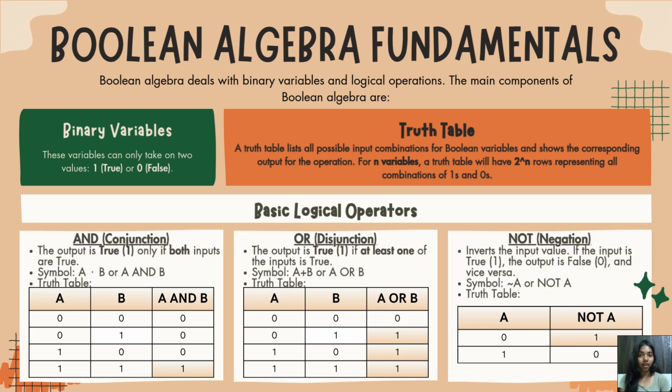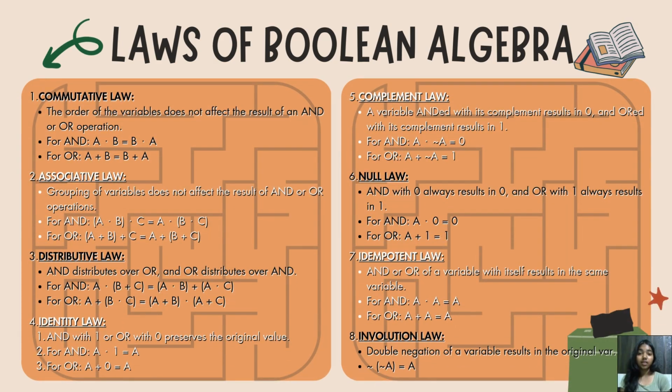as not A. Boolean algebra follows specific laws and rules that simplify Boolean expressions and help design efficient digital circuits. The primary laws are listed here. First, commutative law. The order of the variables does not affect the result of an AND or OR operation. For AND, A dot B will result in B dot A, and for OR, A plus B is equal to